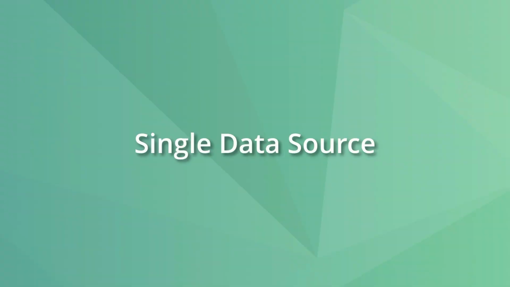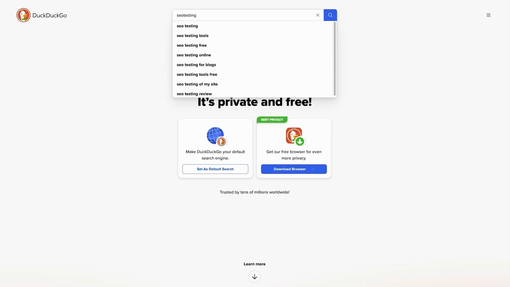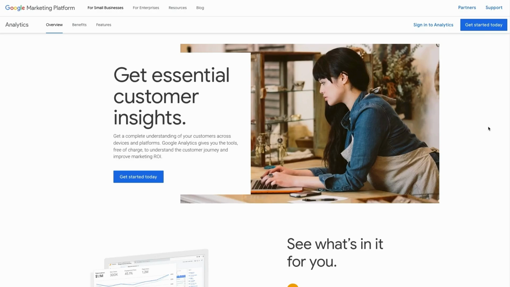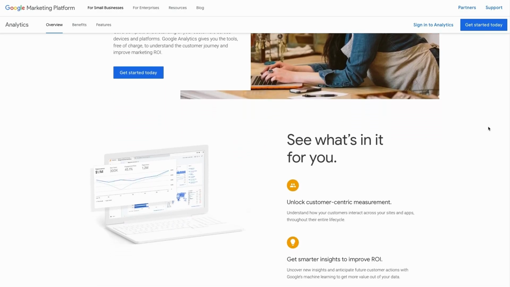Google Search Console only provides insights from Google search results. While this data is valuable about your performance in Google, it represents just one segment of the overall search landscape. The platform cannot track or display any traffic coming from alternative search engines such as Bing, SearchGPT, or DuckDuckGo. We'd suggest complementing your Google Search Console data with data from other analytics sources like Google Analytics and Bing Webmaster Tools. Doing so will give you a more complete understanding of your website's standing in search as a whole, not